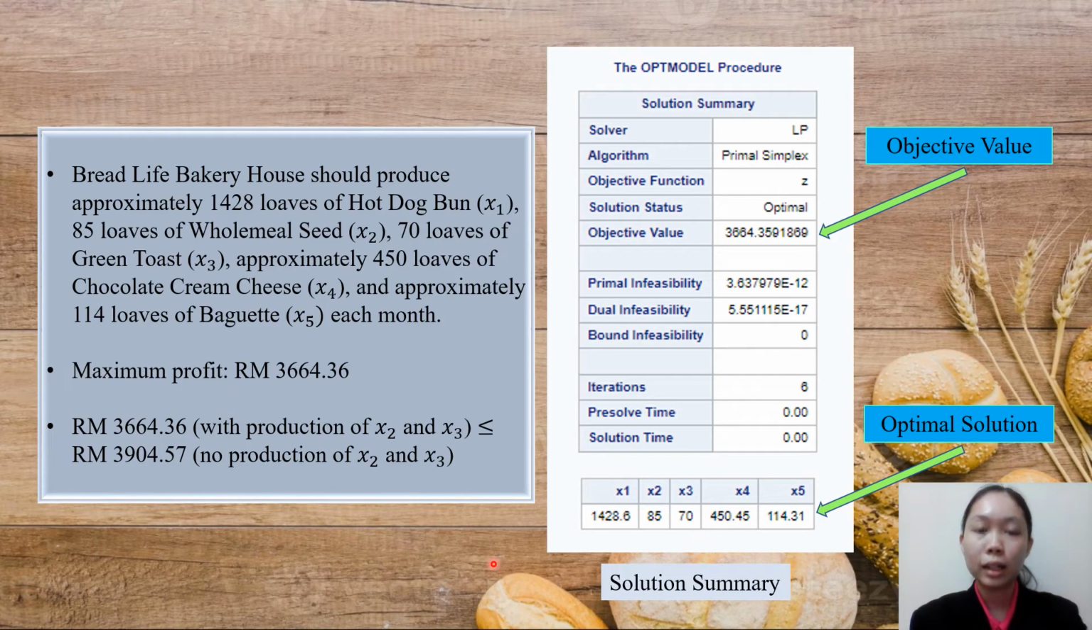After running the SAS program, the optimal solution that we have obtained is S1 equals to 1428.6, S2 equals to 85, S3 equals to 70, S4 equals to 450.45, and S5 equals to 114.31. The objective value is